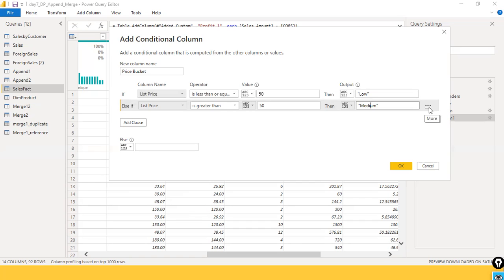Here you can see the ellipsis, the three dots. When you click on this, you will see delete and move. If you make any mistake, or you think this logic is not correct, you delete it. Or if you think the second line should go up, click on move. Okay. If the list price is less than or equal to 50, low, and greater than 50, medium,